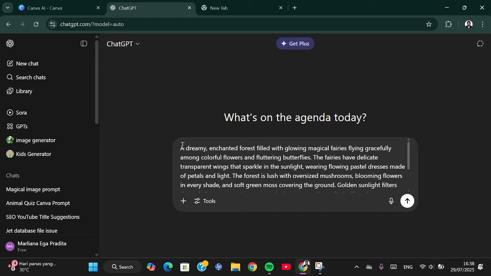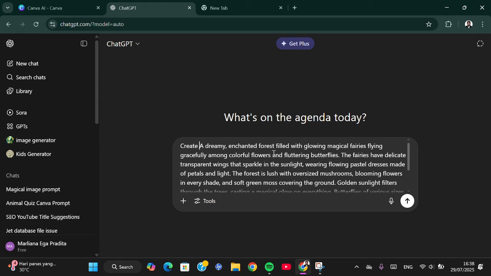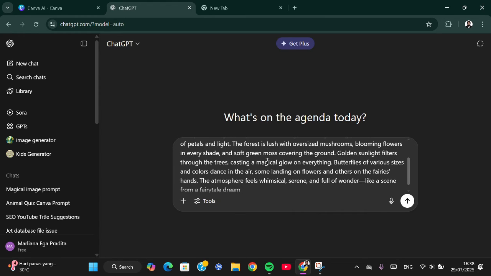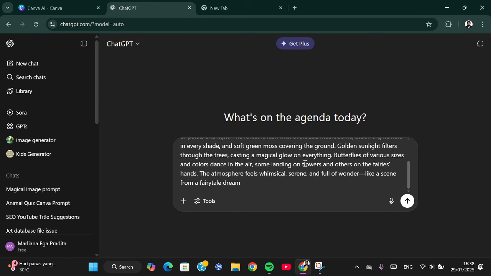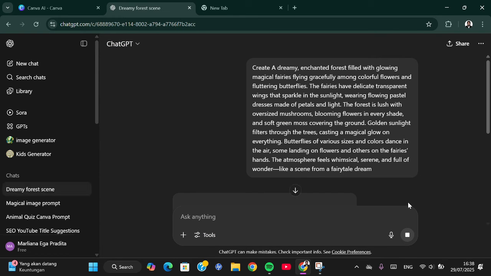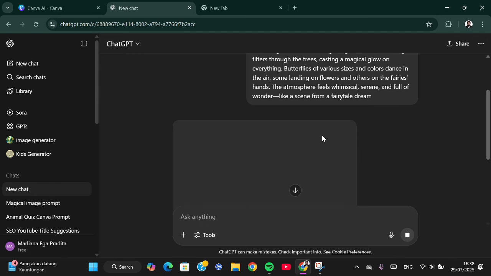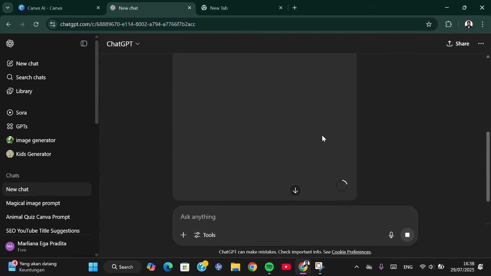Wait, I'm going to add the order, create a dreamy and enchanted forest, built with glowing magical berries flying. Okay, and then I'm going to click on this icon and ChatGPT will generate an image for us like this,